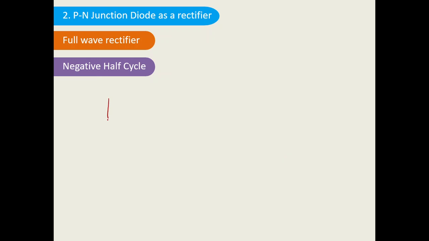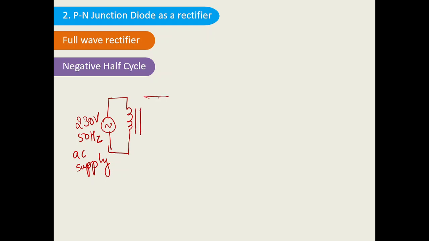So starting from the input side, it is the same for both the half wave as well as the full wave rectifier. 230 volts, 50 hertz AC supply. Remember that AC should be written in small letters. Then there will be a transformer like this,